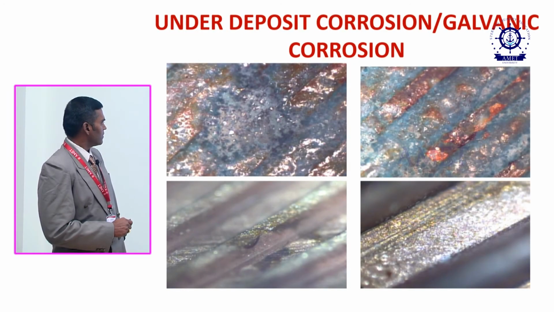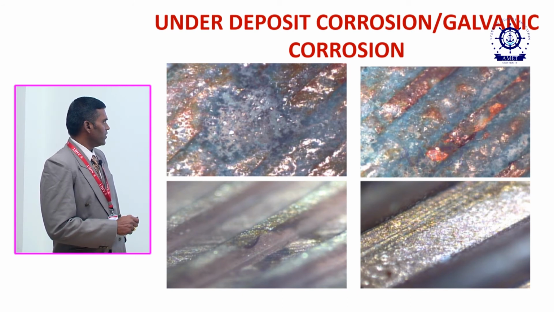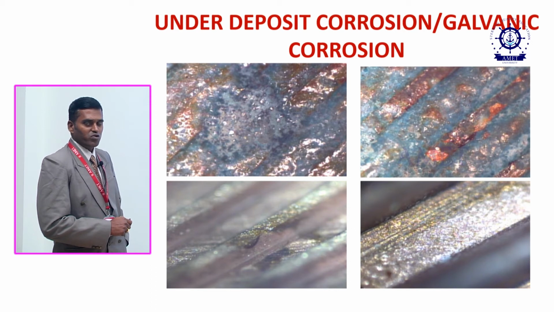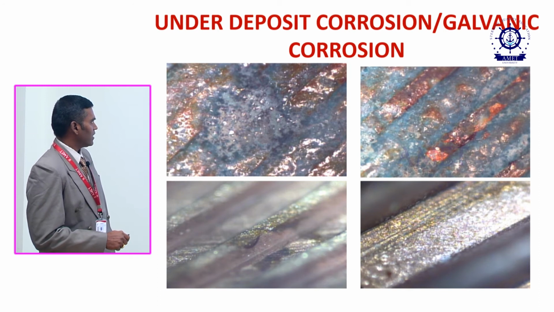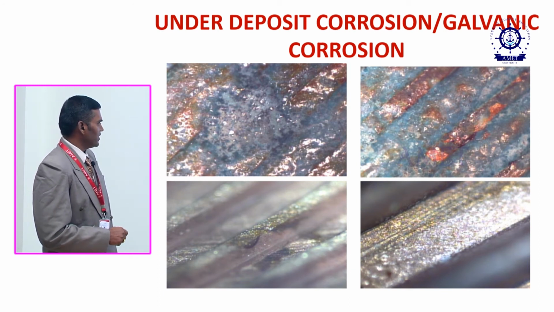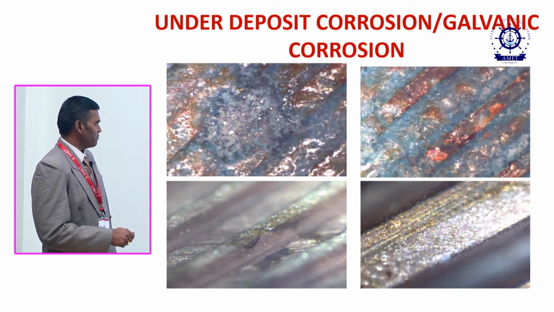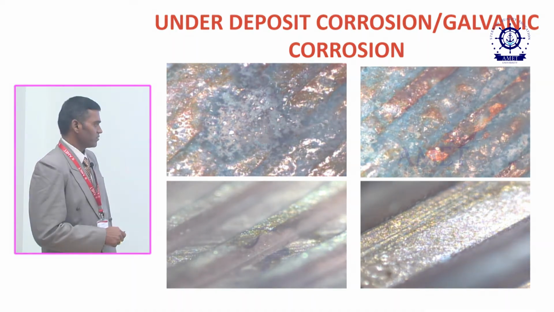This is a typical image of under deposit corrosion or galvanic corrosion, because galvanic corrosion or under deposit corrosion takes place by impurities introduced via condenser tube leaks, feed water leakage problems or feed water contamination problems. See the case of galvanic corrosion, the entire steel material or mild steel material, any metal specimen, the outer layer or inner layer is completely damaged, you can see from this picture.